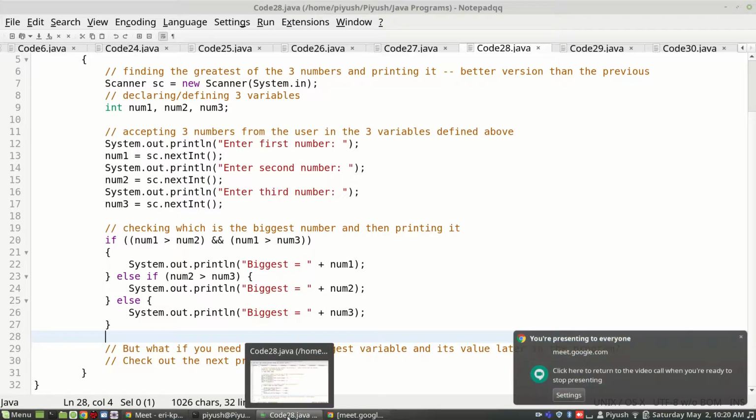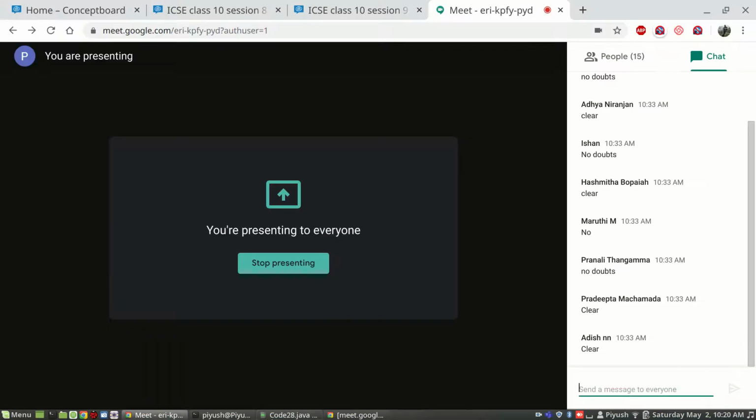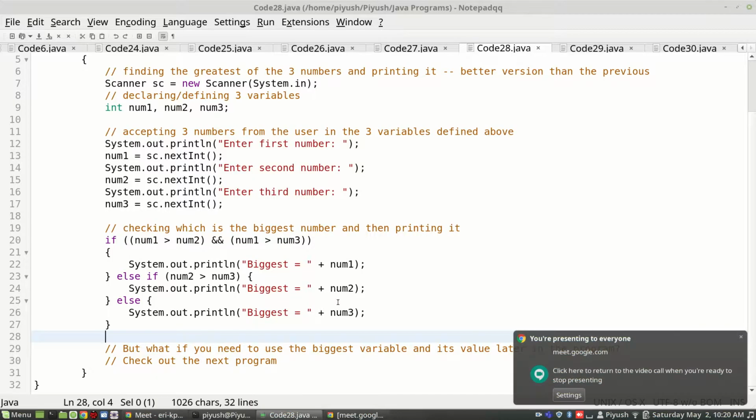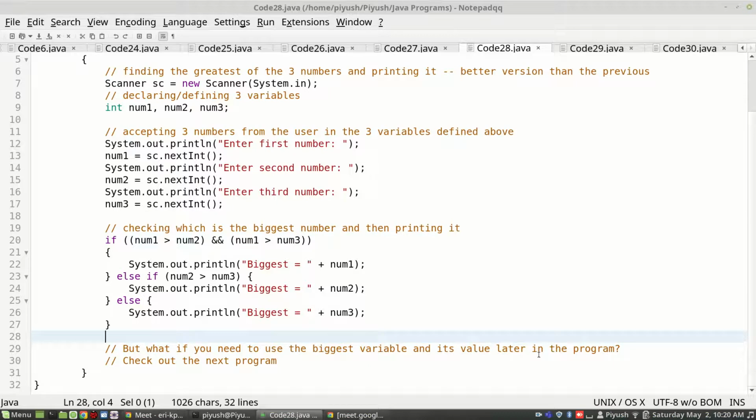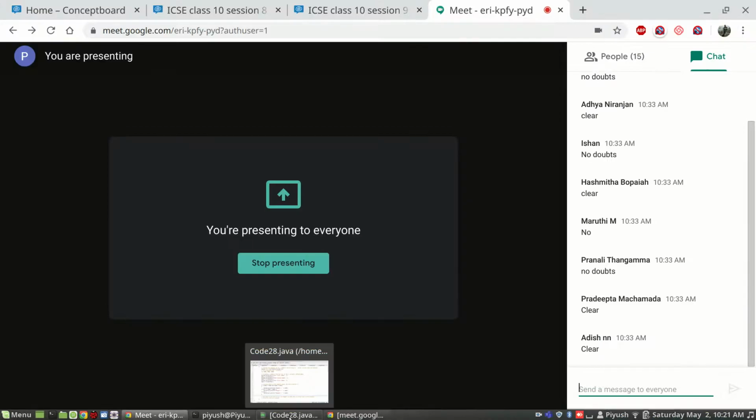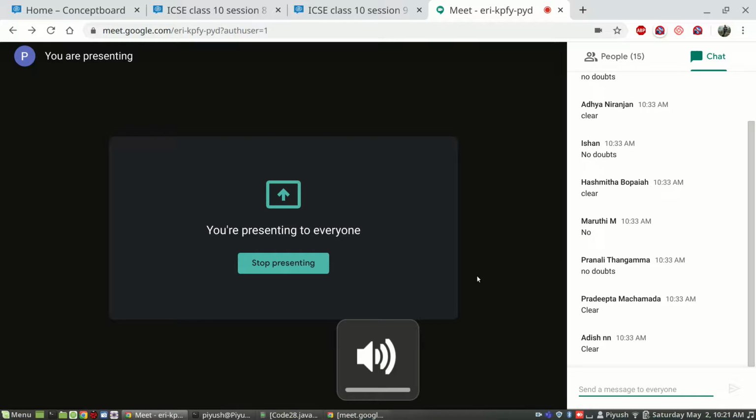Just have a look and suggest some way so that we can use this biggest number value later. Take 10 seconds and let me know. Any idea? Anyone? You can just try, no worries.